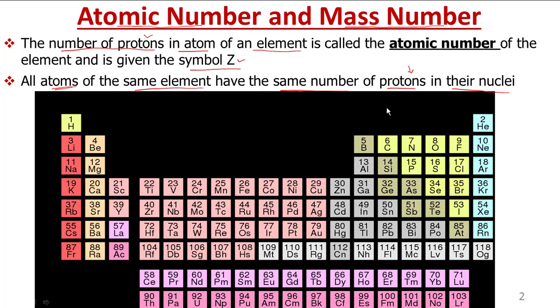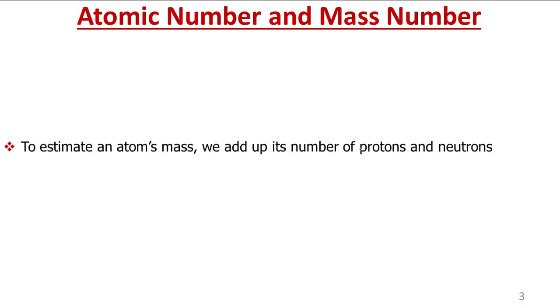Now this is a typical periodic table in which the various elements are arranged. Now these numbers that are written above the symbol of elements, these are atomic numbers. Like for magnesium, atomic number is 12. That means magnesium contains 12 protons. Similarly, for silicon, we have 14. This is atomic number. That means silicon contains 14 protons. So, atomic number is the number of protons in an atom.